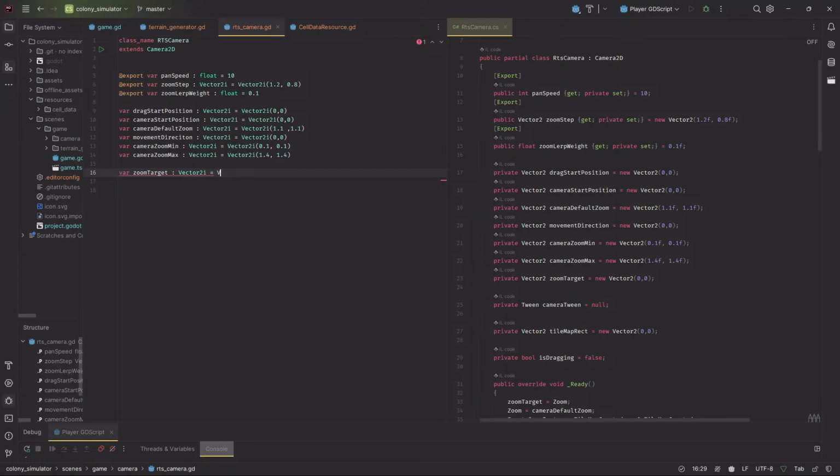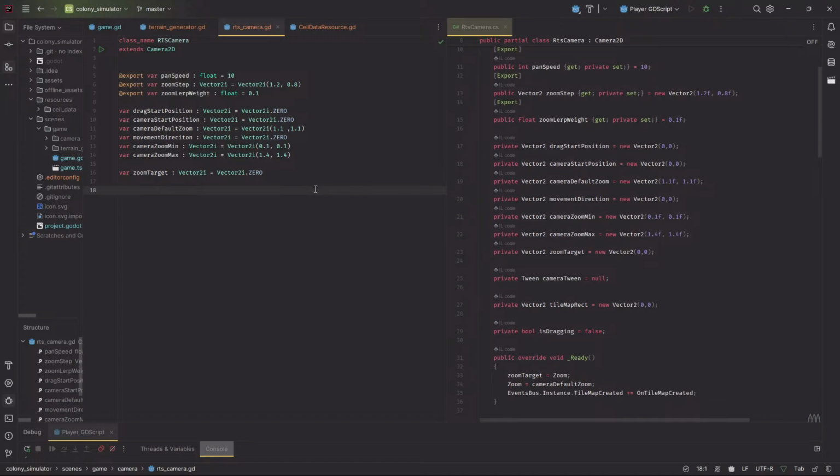Zoom target is just a Vector2. Can I just zero that out? I can, thank you. I should honestly do that for all of these for now. Just .0. Grand. Right. With those zeroed out, let's do the variable for the tile map rect,